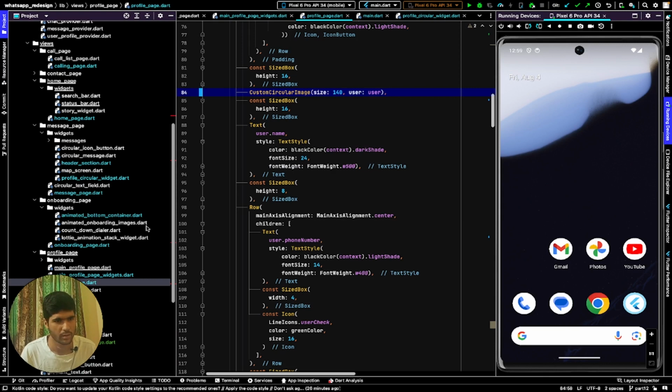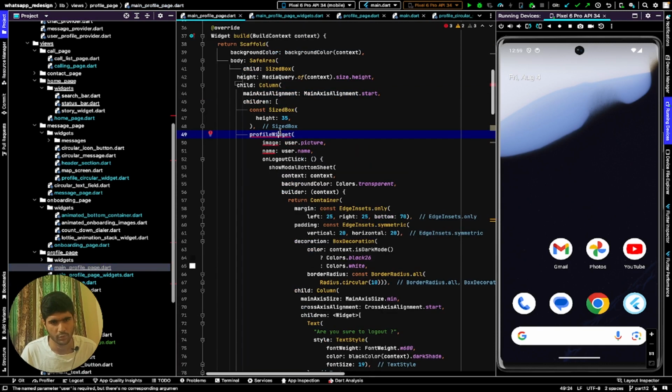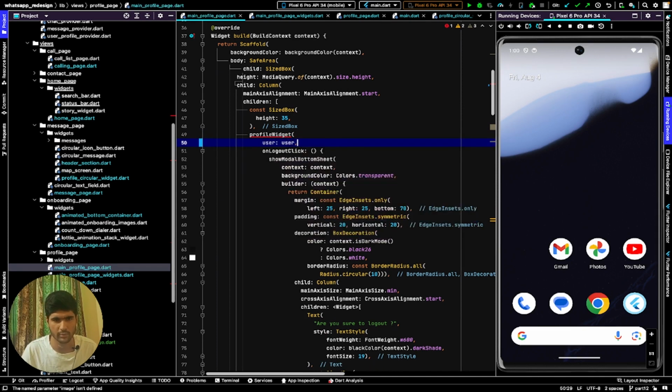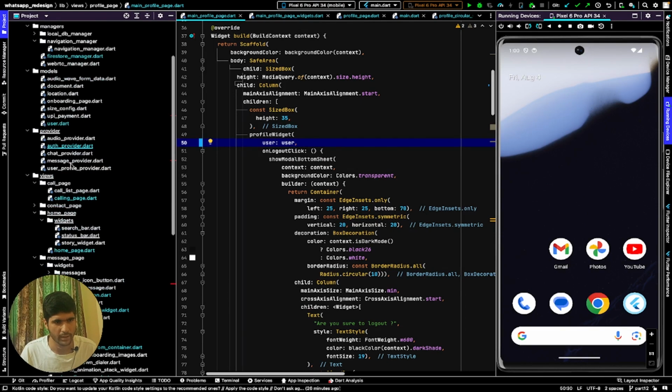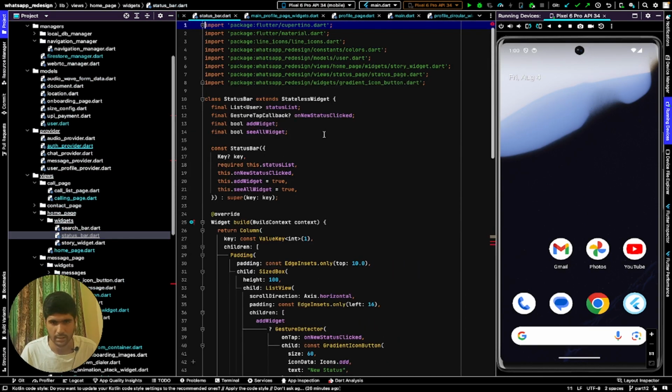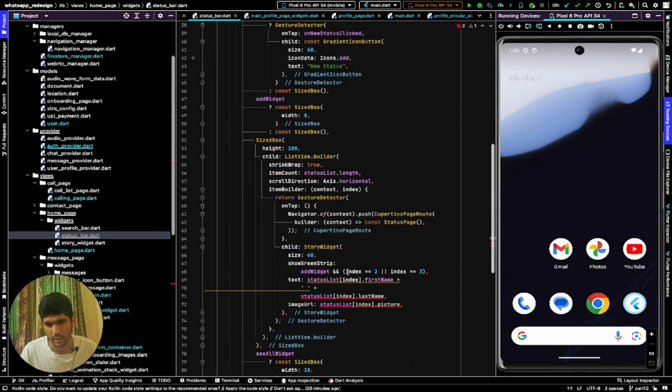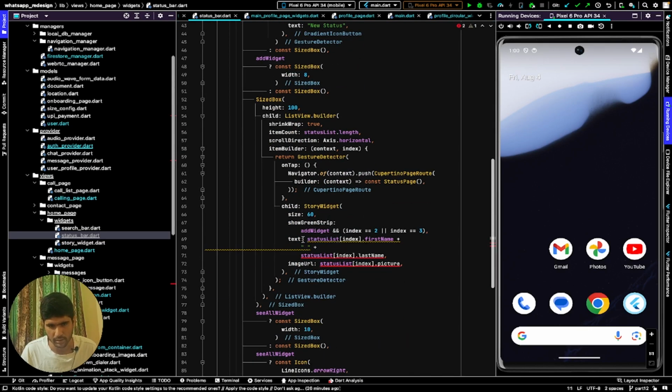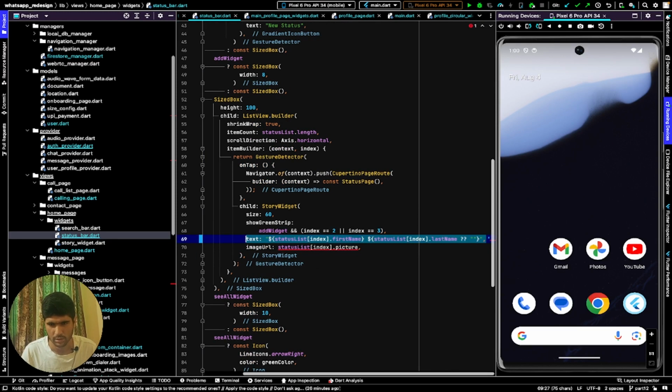All right, so this is also done inside the main profile page. Now it doesn't ask for image and name, it asks for user, and we'll define the user. All right, now we have two errors, custom list style, status bar is also there, so I'll first fix that. Here it's asking for me to enter a text and the last name is nullable now, so what I'll do is I'll wrap it with this, and yeah, string interpolation, let's make it